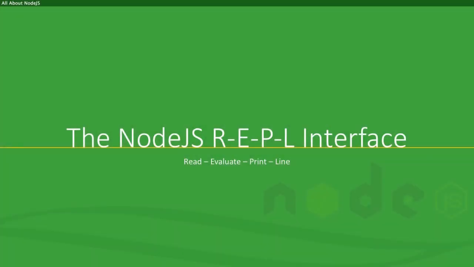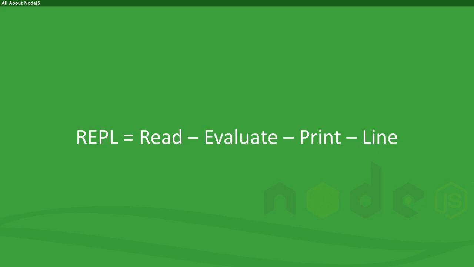Node.js provides us with an interactive code execution environment known as read, evaluate, print, loop, or REPL. The Node.js REPL allows us to type code directly into an environment that executes it immediately and is useful when you want to quickly try out things and play with JavaScript. I wouldn't call it a development environment, but it's more like a playground or a sandbox where you can play